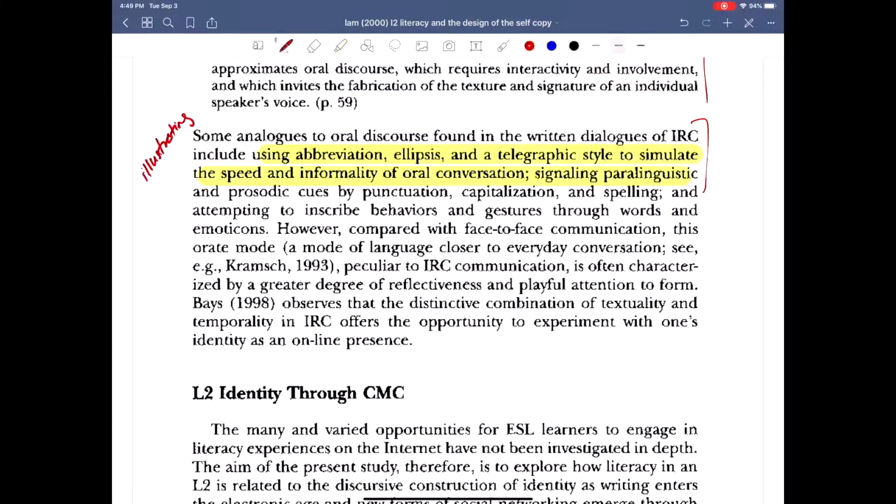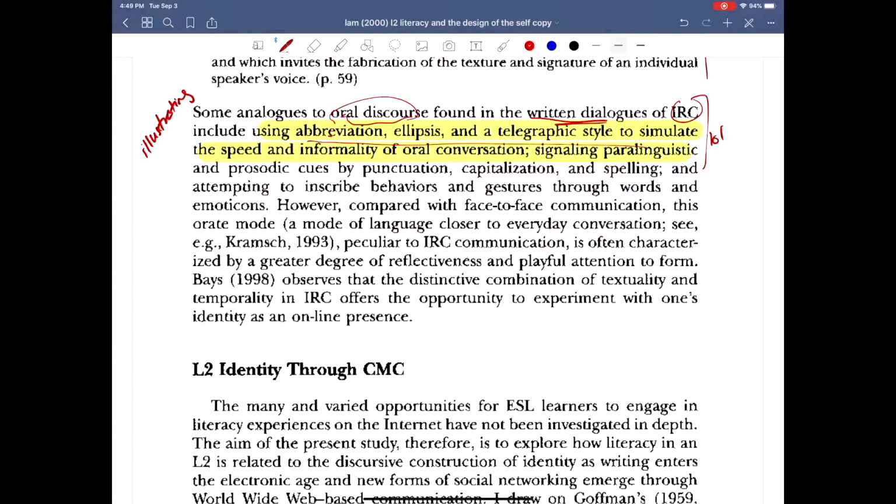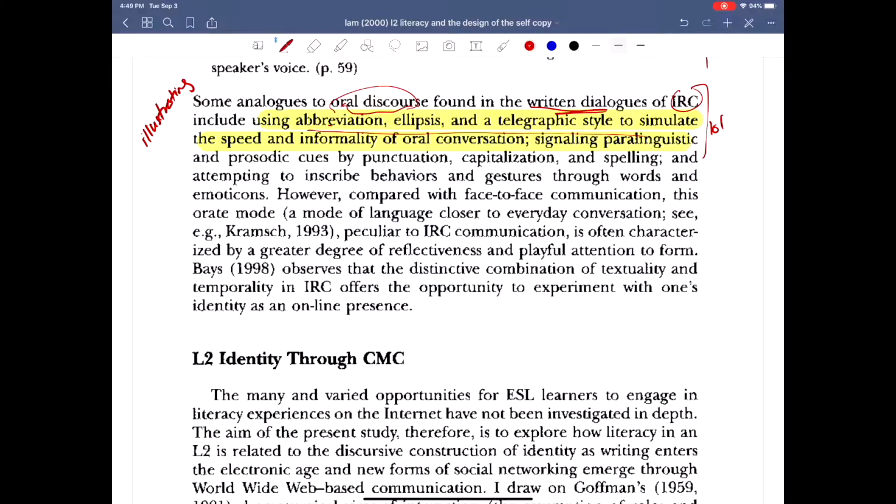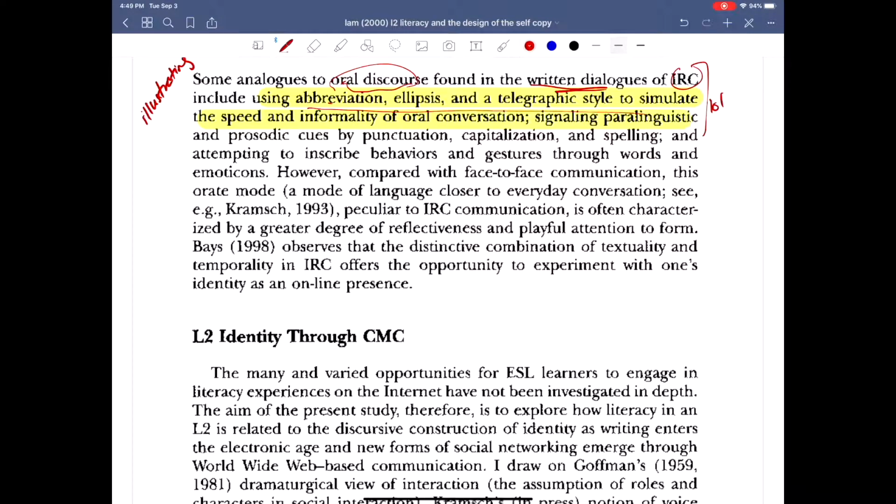giving an example, and also making the argument that, even though IRC, again, I don't know if you know IRC, IRC is this chat before chat existed, synchronous chat, which is typed. So that's what she meant by written. There are oral discourse features, which means people use, like what she doesn't talk about here, emoticons, that type of thing, or abbreviations, which she talks about, like LOL or whatever. These are aspects of verbal language that are transformed into written language. So there's a hybrid modality there when people are chatting.